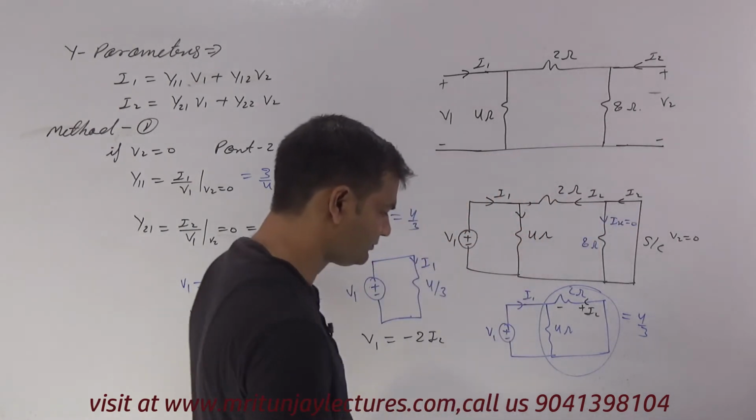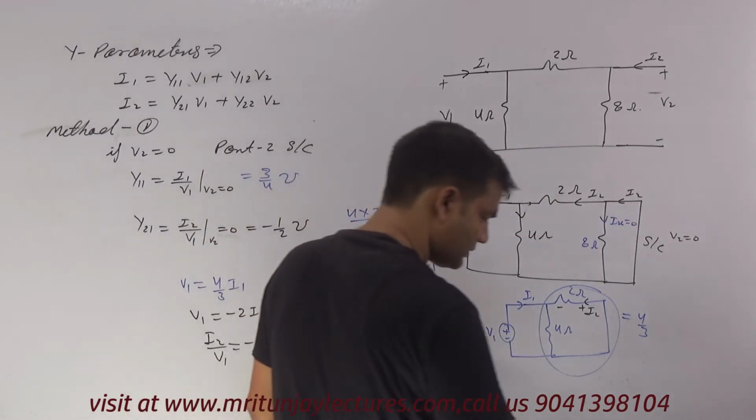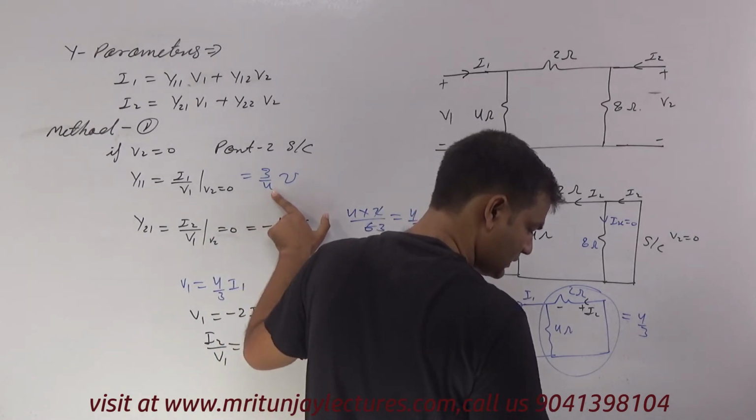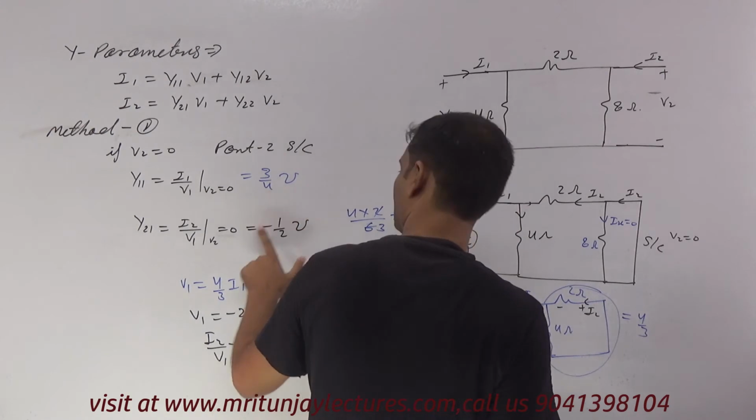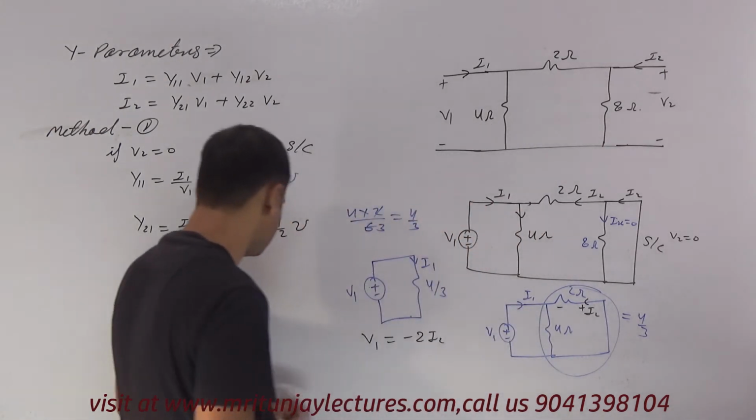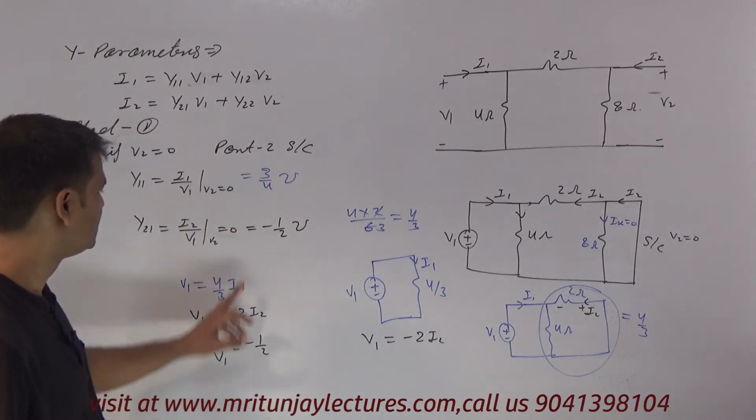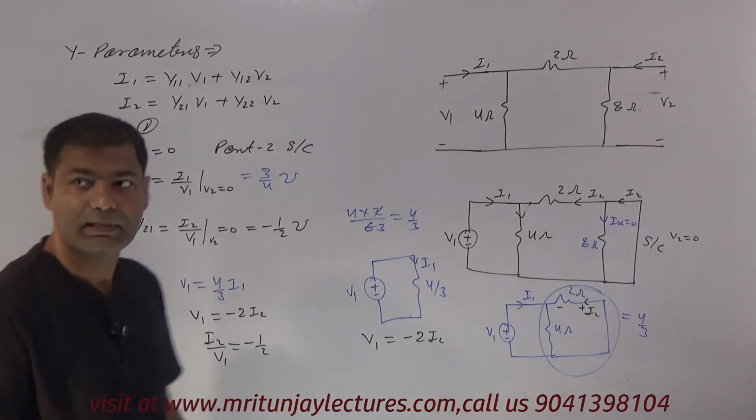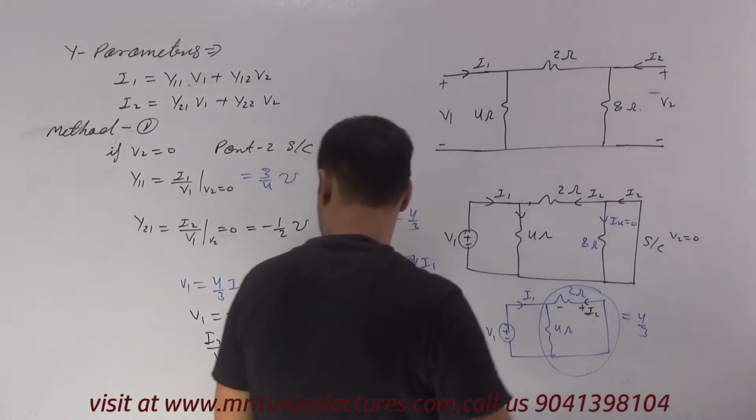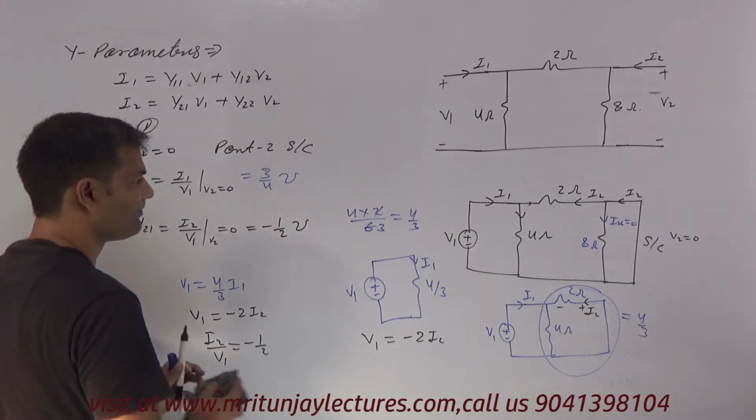Y11, we got Y11 is 3 by 4. Clear? Y21 is minus 1 by 2. Clear? So both answers are correct. Now the next target is